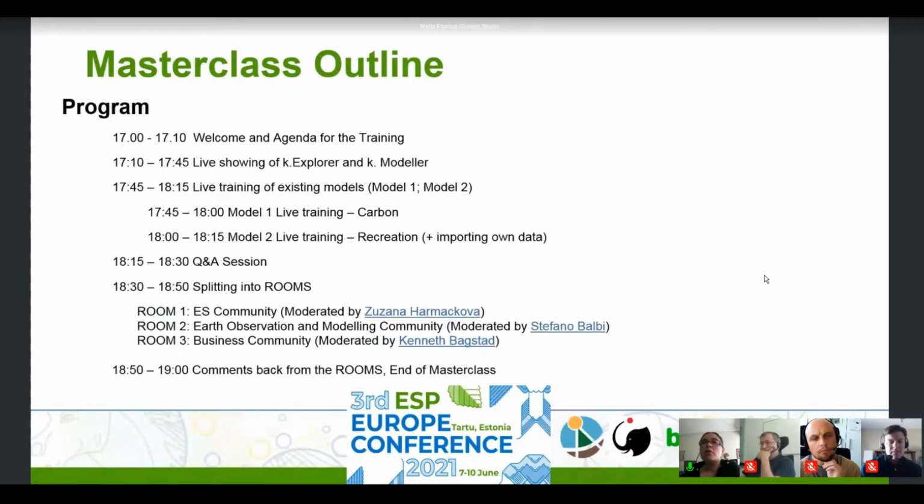So you are more than welcome, when we set up this splitting of the rooms, to join any of the rooms that you may prefer. And we will gather all your insights in the tool called Miro, so that we can come back into the plenary from these breakout rooms and comment on what has been mentioned in each of the rooms.